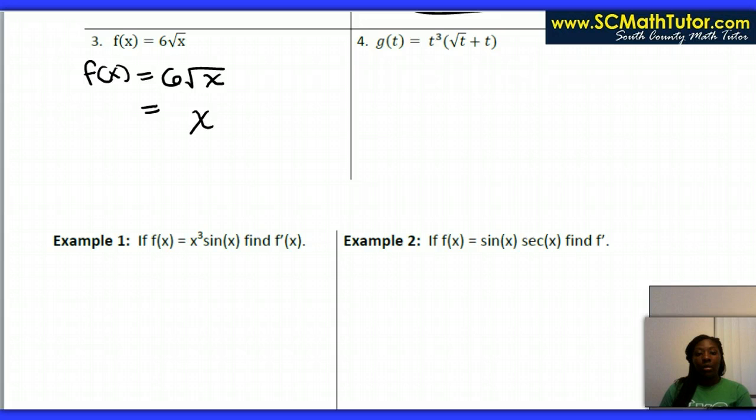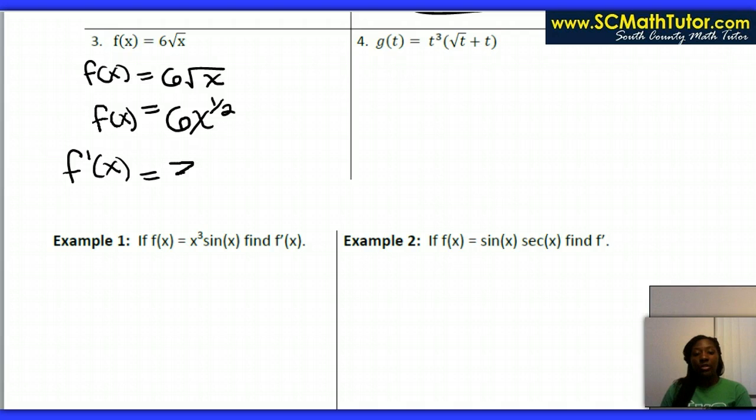So 6x to the 1/2 is f of x, because square root, so this is 2, so that's why that's the denominator and the power is 1. Okay, so f prime of x, go ahead and bring this to the front and multiply it. So 6 times 1/2 is 3x to the 1/2 minus 1, so this would be 3x to the negative 1/2,